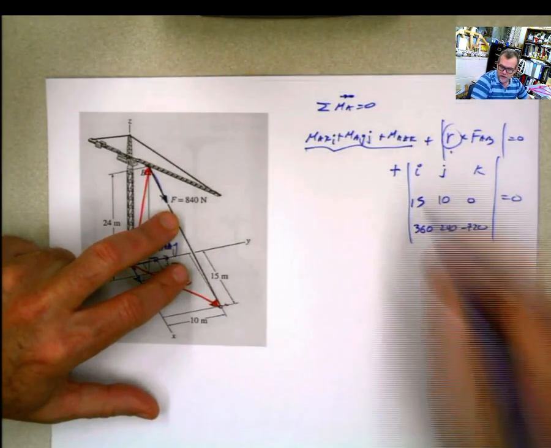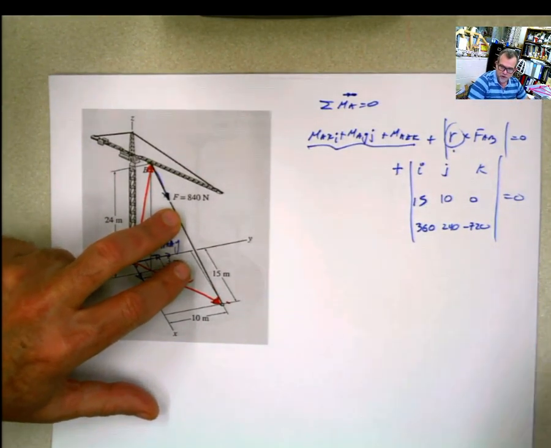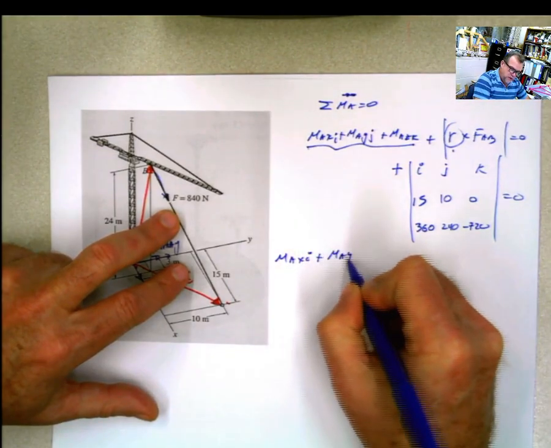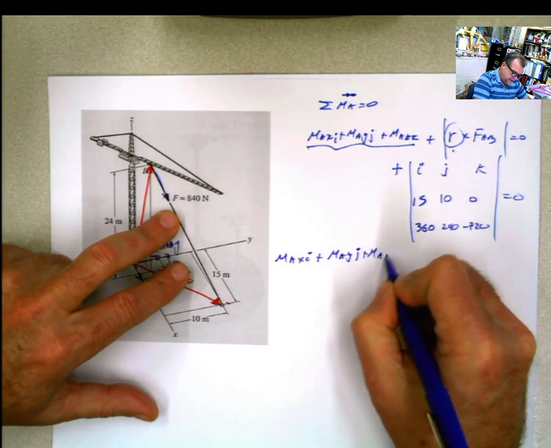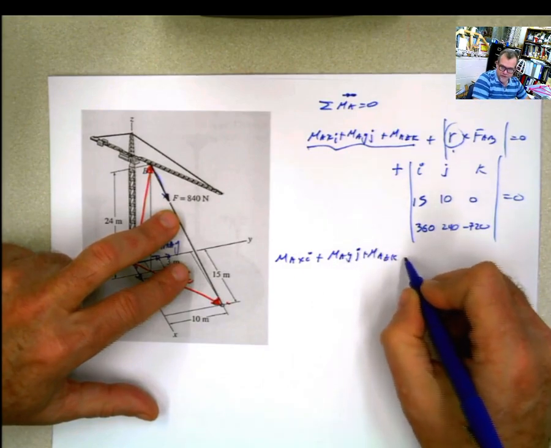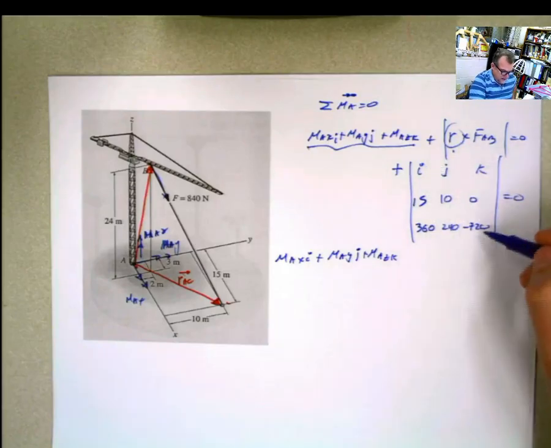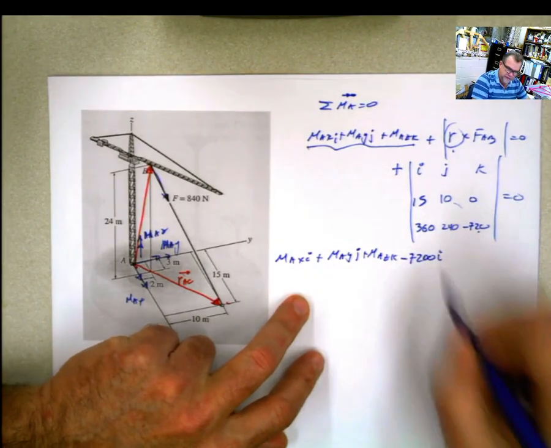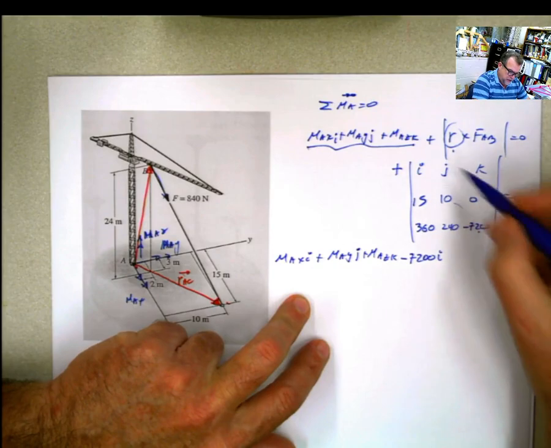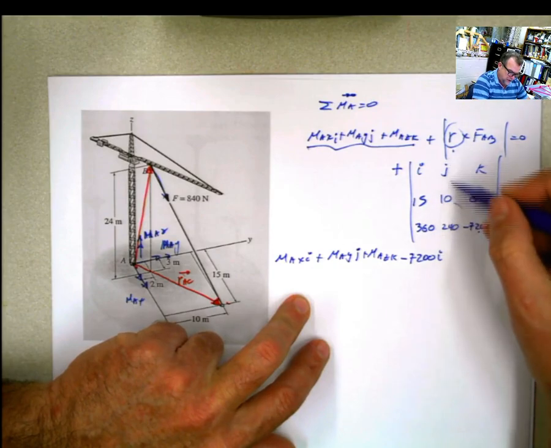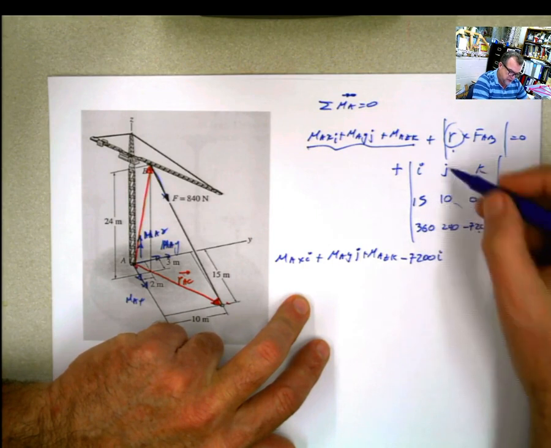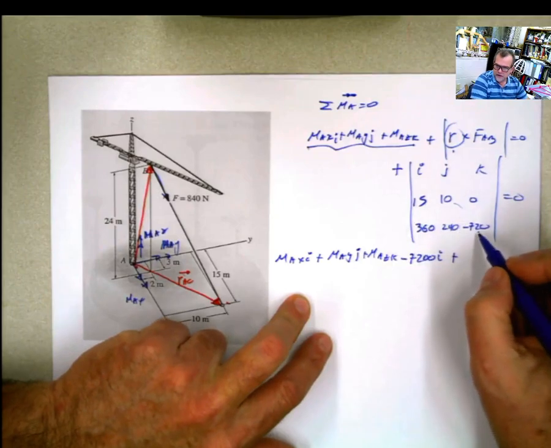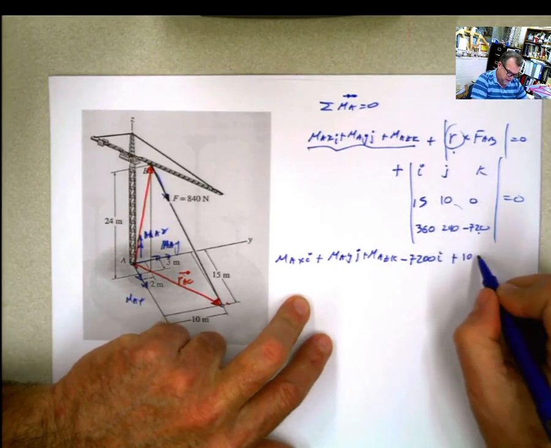So basically, when you solve this system and you do the cross product, you're going to get MAXI plus MAYJ plus MAZK plus I that multiplies this times this minus this times that, but this is negative, so negative 7200 I, and then you say minus J that multiplies this times this minus this times that, but minus times minus is positive, so you have plus 15 times 720, and that's 10,800 J